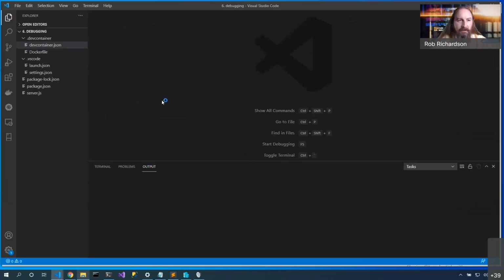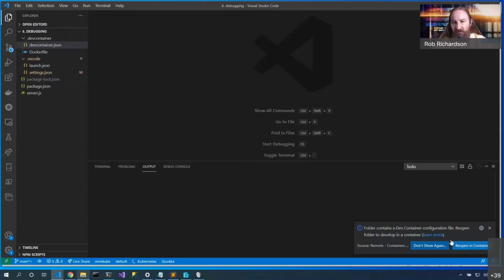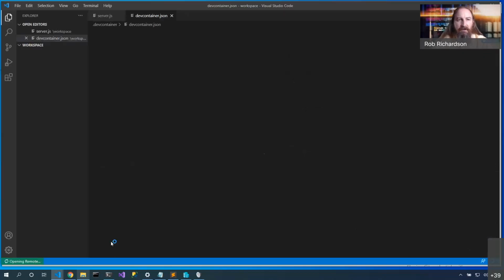Now, I have a .devcontainer folder, and inside that, I have a devcontainer.json file, and that's the content that we need for VS Code to recognize that this is debuggable inside of a container. Once it starts up, in a second, as it activates all of its extensions, it will pop up a dialog that says, hey, can I restart this inside of a container? Yes, please reopen that inside of a container. I also could have definitely come in here and clicked the box and said, yes, I would like to reopen in a container, but doing it automatically is actually really helpful.